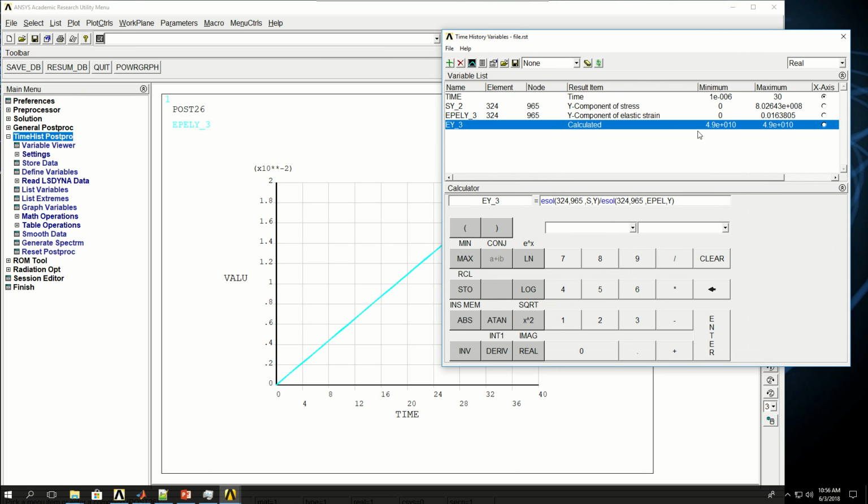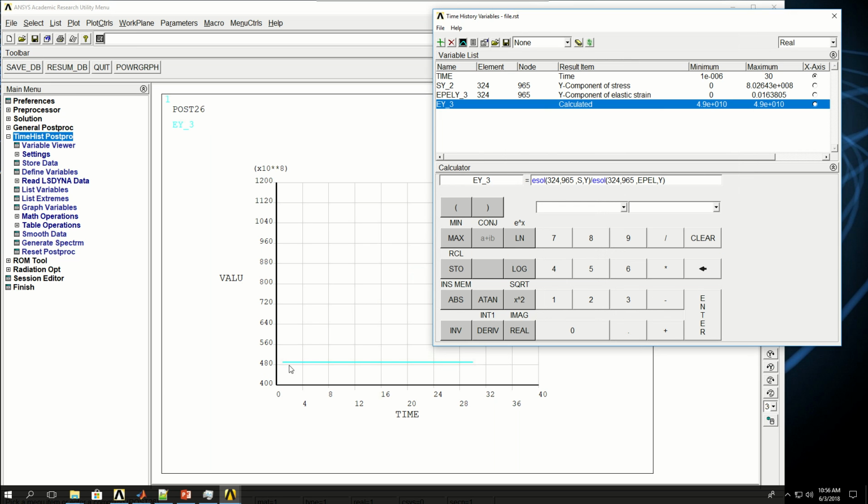And if I print this or plot this, you can see that it's 49 gigapascals, which is the material property we defined. This is isotropic. That's why it's not changing with respect to time. And also it's linear. So by dividing the stress by the elastic strain, we got the Young's modulus